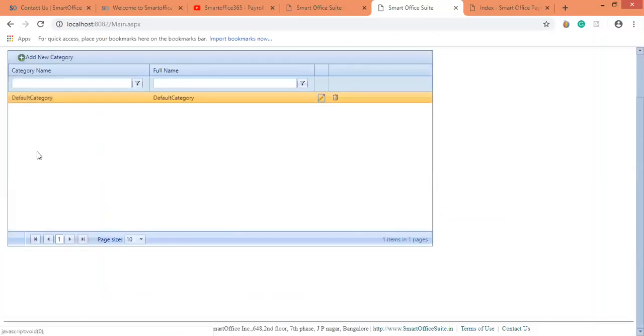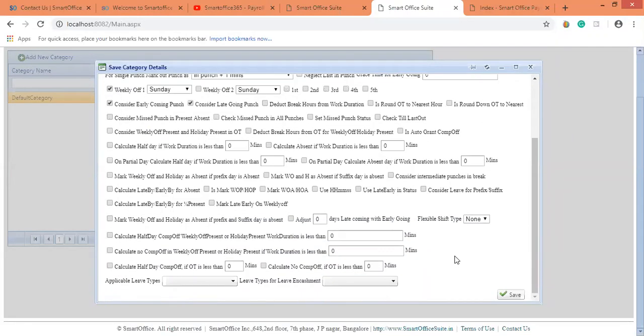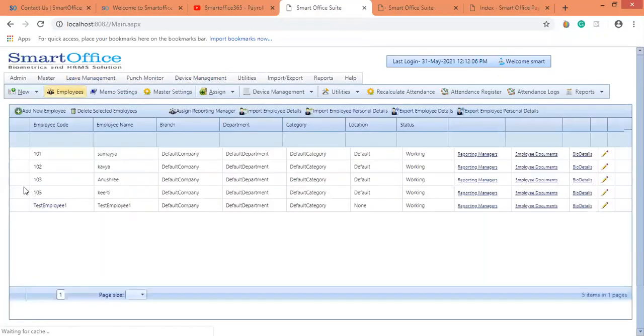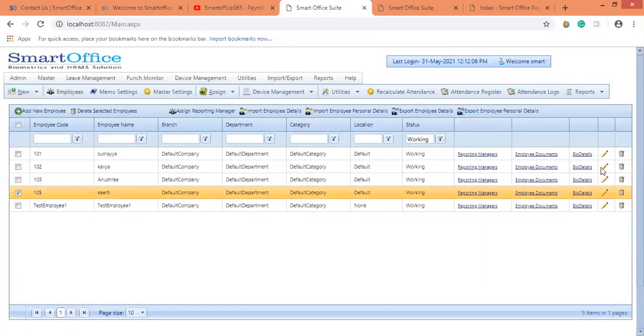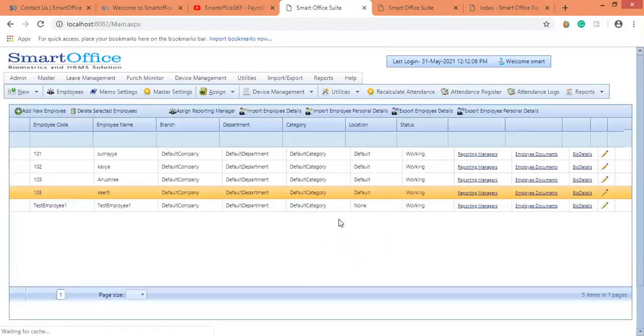Suppose in some companies, some will come for the flexible and some will come for the regular timing. At that time, you can create another category, define that category as flexible and select the flexible shift here. Then you need to assign that to your employees. Come to employees, select the employee, edit over here, or just right click and click on update category and select that category.